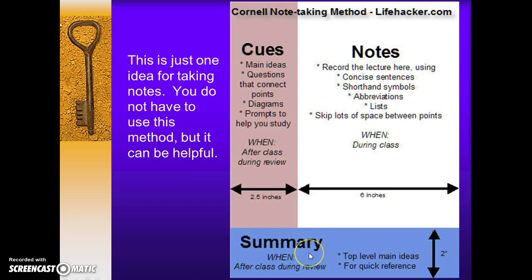You'll get in a rhythm, especially if you take on this way of note-taking. Down here at the bottom is just a great way to summarize what you've written, and there's a couple ways you can do this. You can do it as soon as you're done with that page, or you can do it a couple of days later, maybe as a quick little reminder. This is what I remember about this page, and write that in there. Quick top main ideas, that's what you're looking for down here, not a lot. So, without further ado,